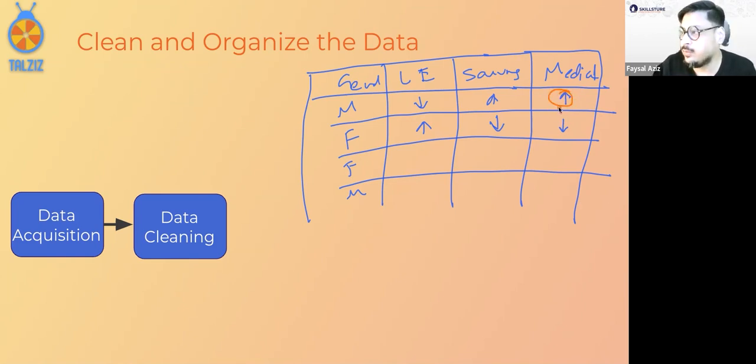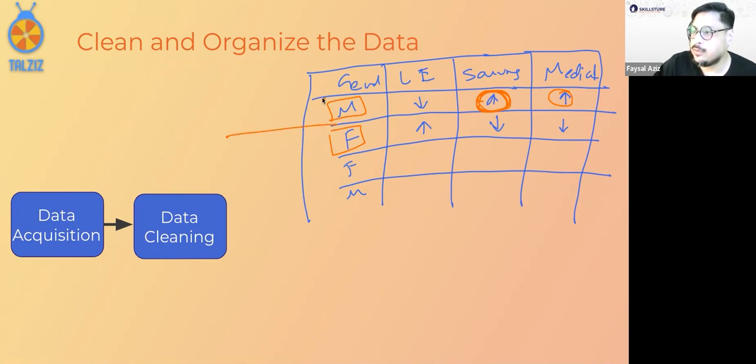So these will be the red markers. When you're a male, it would probably charge you more. Or maybe there's a correlation. When you have a lot of savings, maybe your earning is a lot higher, so you maybe have a healthier lifestyle and you don't spend as much on medical because you don't get sick. So there are various factors. But the problem is maybe M and F are not the best way.